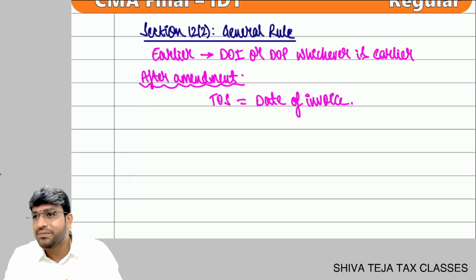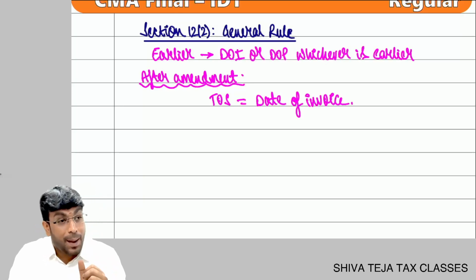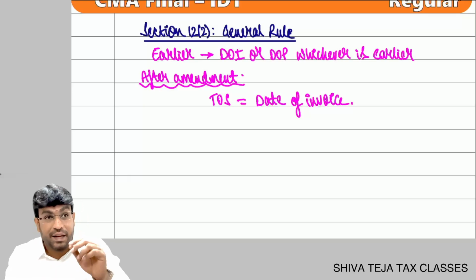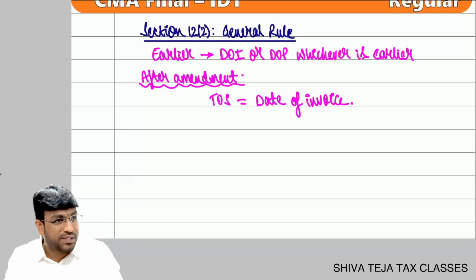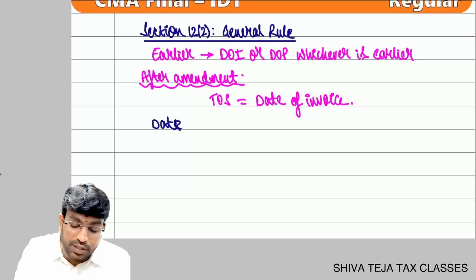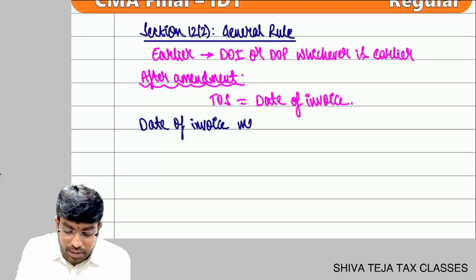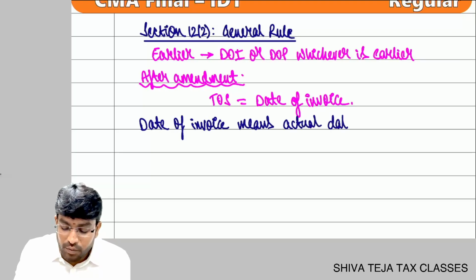Very much not okay. Correct or not, sir? Yes, sir. Speak out, my dear friends. Yes, that is where the amendment has come in the law, where they clearly told time of supply means date of invoice. And they have defined what is date of invoice. Please see very clearly here. Very clearly you listen, my dear friends. Date of invoice means